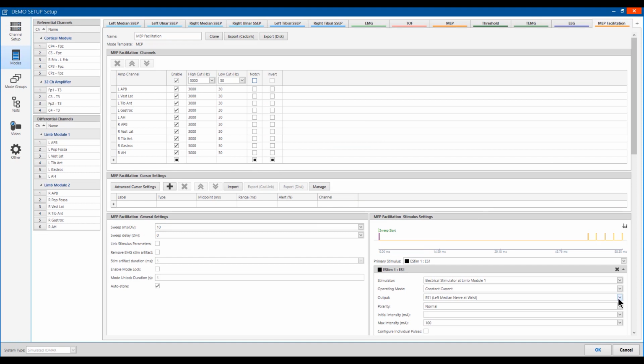Now I'm going to move on to advanced stimulation paradigms. Mode setup stimulus settings have been overhauled for Cascade IOMX to take advantage of its unique precision timing capabilities. IOMX hardware supports simultaneous stimulation of up to 4 extremities, which could be useful for MEP facilitation. In MEP mode setup,